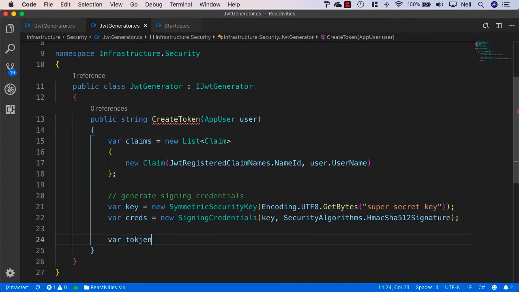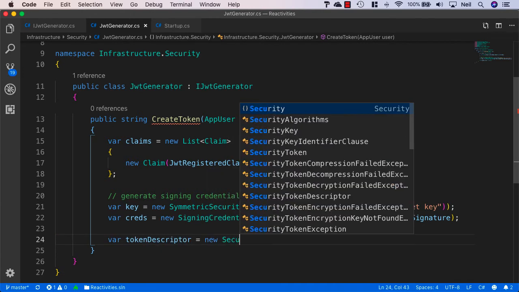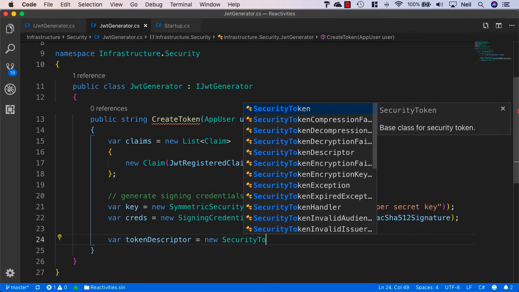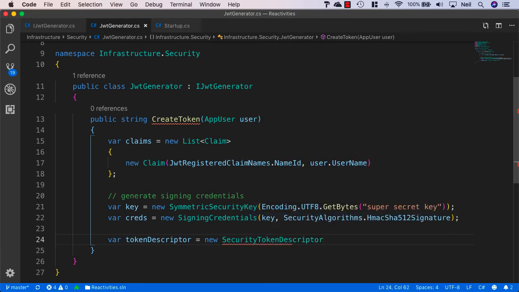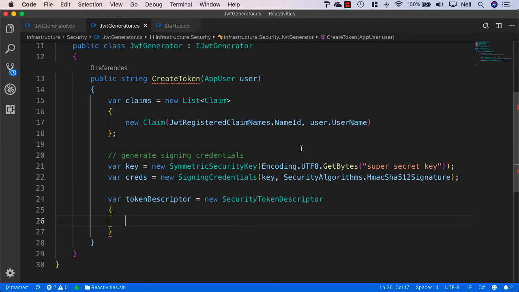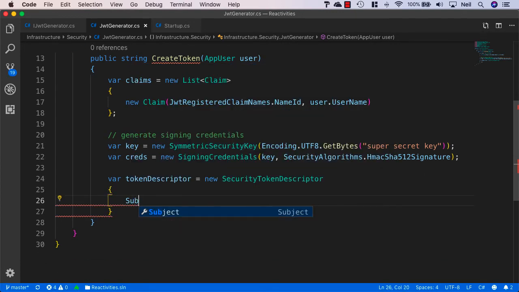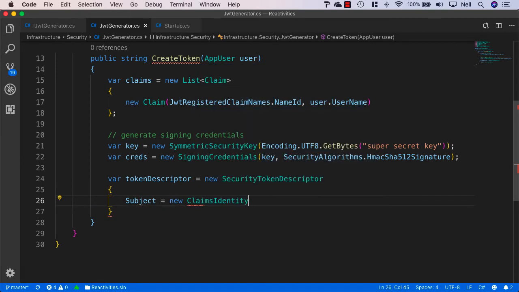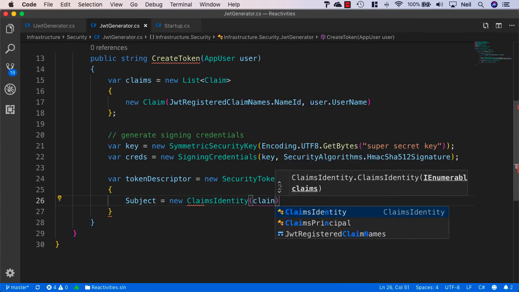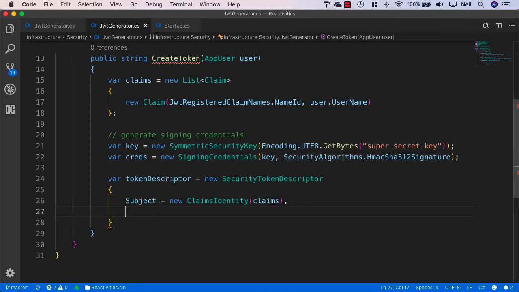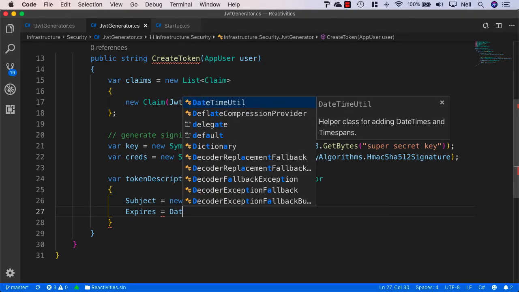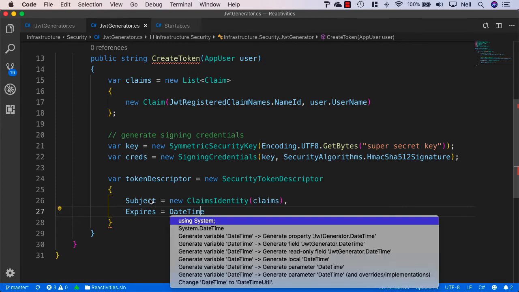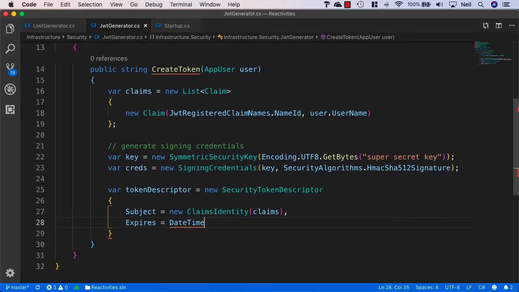So what we need to do then is describe some data about our token. So we'll say var token descriptor equals new security token descriptor, and inside here what we want to do, we want to set the subject equal to new claims identity, and we'll pass in our claims. We'll need to give our token an expiry date, and what I'm going to do is just use datetime and bring in system.now,